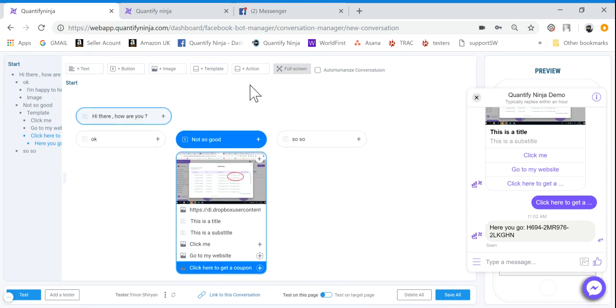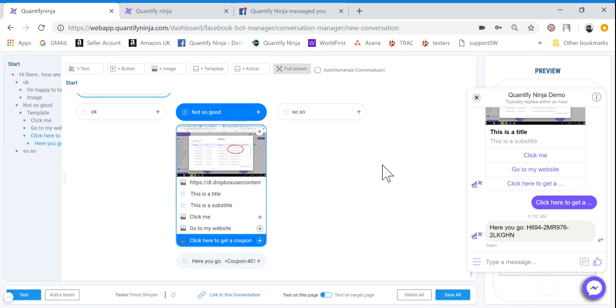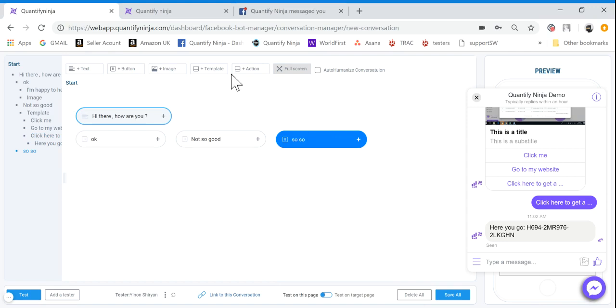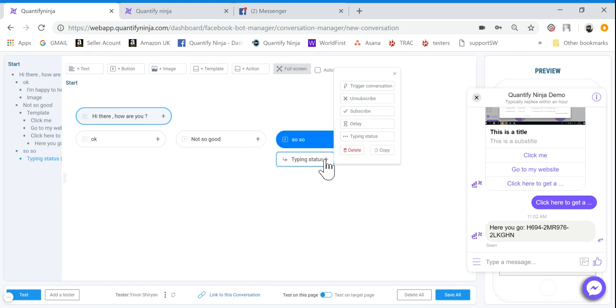And this is how you create a conversation. There are also actions. If you want to have actions, let's say the user clicks on "so", we can add actions, and actions could be subscribe or unsubscribe. Unsubscribe is basically remove them from the list, so any retargeting will not be executed on the